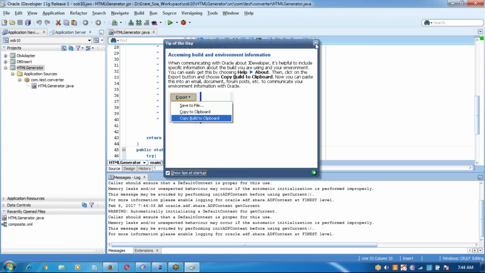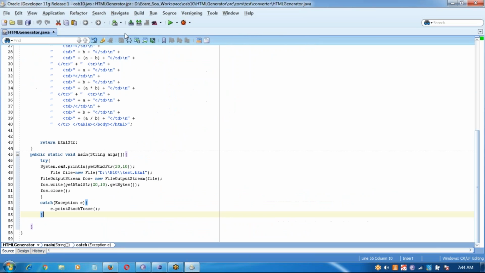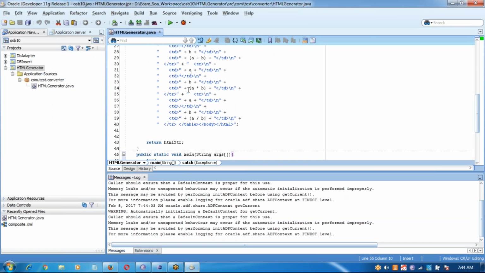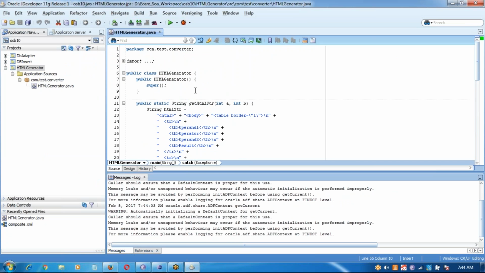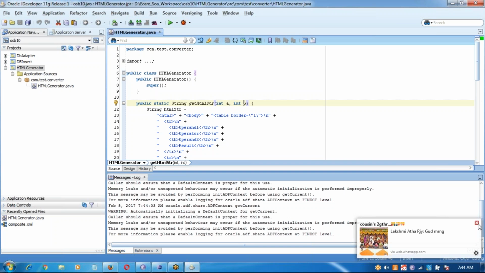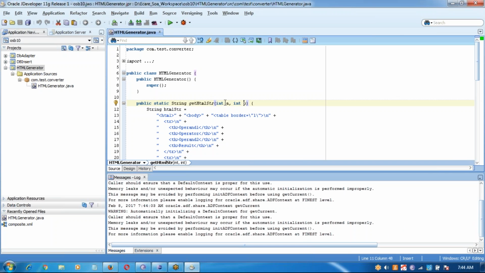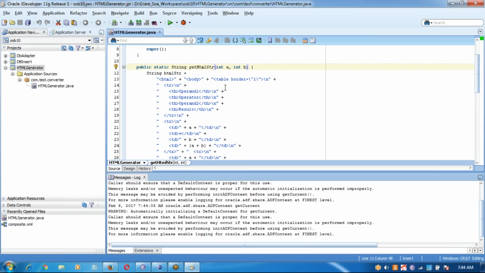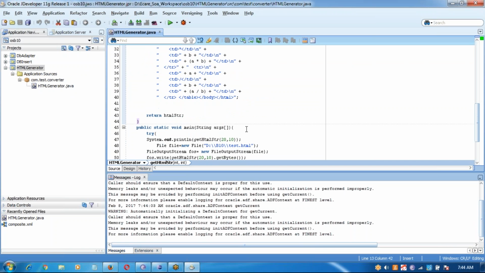Okay, meanwhile let's see this class. Here I have created one class called HTML generated. From the RESTful service input parameters, I'm going to receive parameters A and B, and I will pass that A and B to the Java class, and in the Java class I'm directly preparing one HTML string along with some result. Okay, so this result, how it looks like,